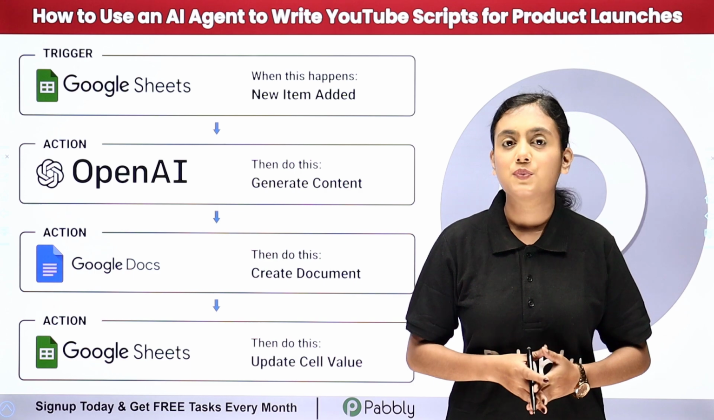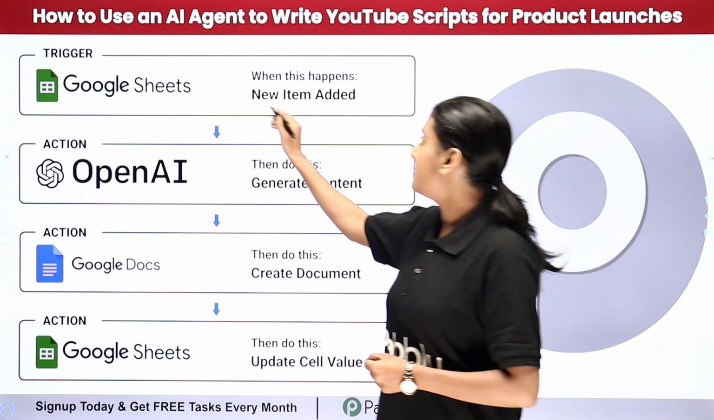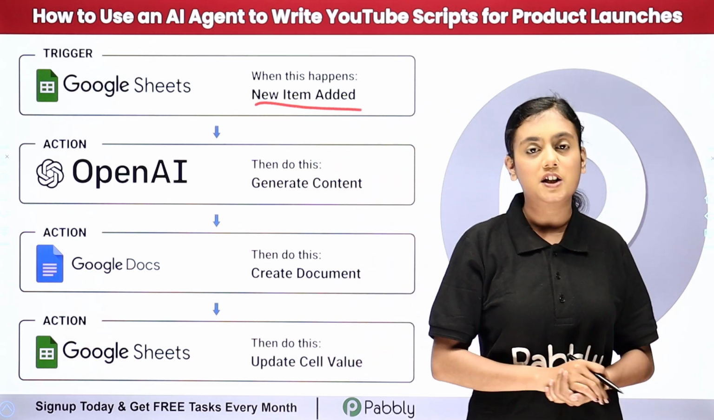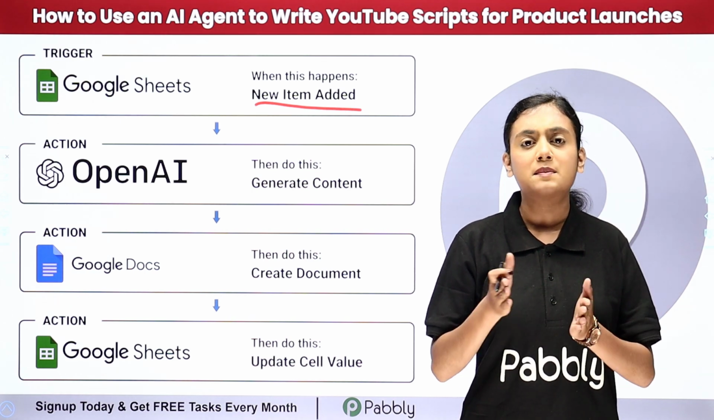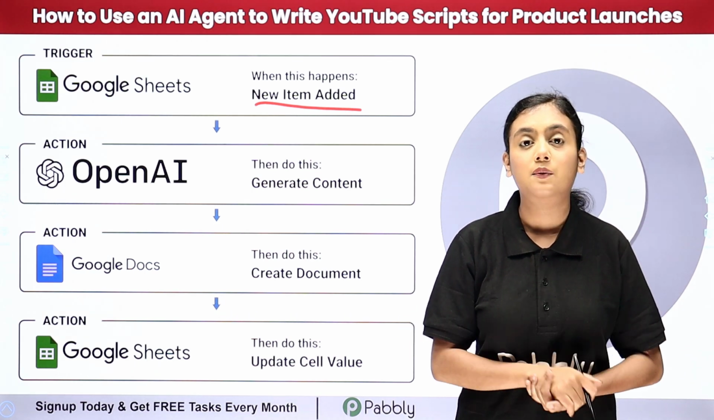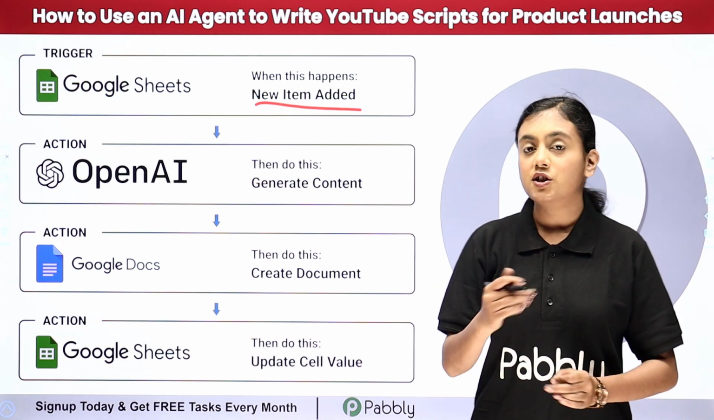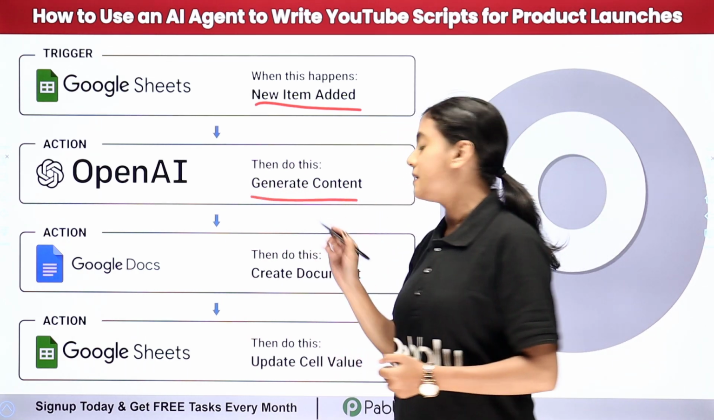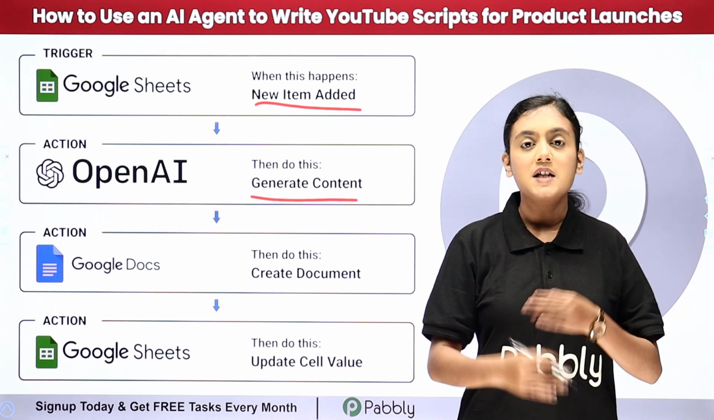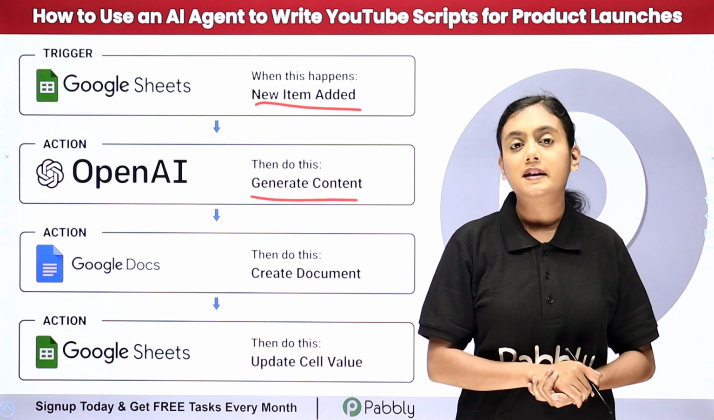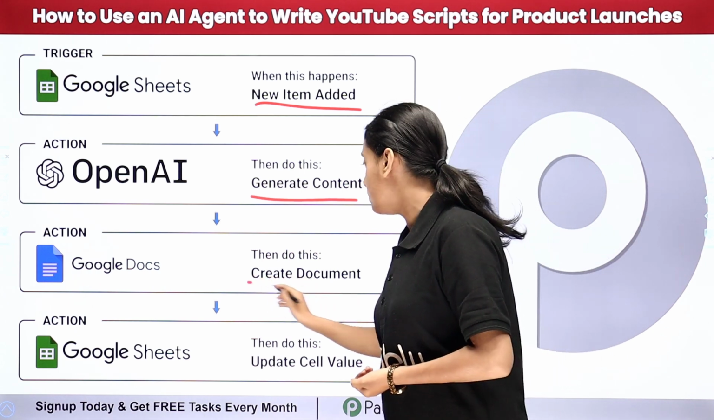So how this AI agent works is that as soon as I add the details of the new product in my spreadsheet, like the name, ingredients, benefits, key features and the keywords, with the help of which the script is going to be generated, an AI agent using these details is going to generate script content for me. Now as we have the content, I am going to create the document of that script using Google Docs,